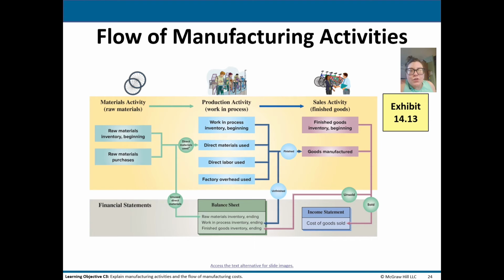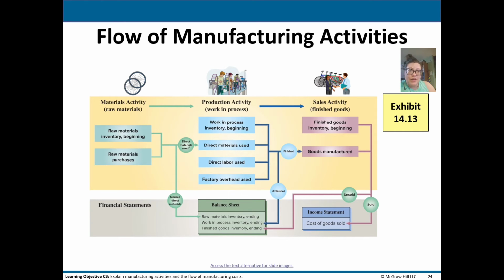Okay, so let's look at materials activity. The manufacturers usually start a period with beginning raw materials, and that's the inventory that's left over from the end of the prior year. So then they buy more raw materials in the current period. So adding these purchases to the beginning inventory gives you a total raw materials available for use in production. And then those raw materials are either used in production or you didn't get to them, so they're just still sitting there in raw materials inventory and they can be used in the future.